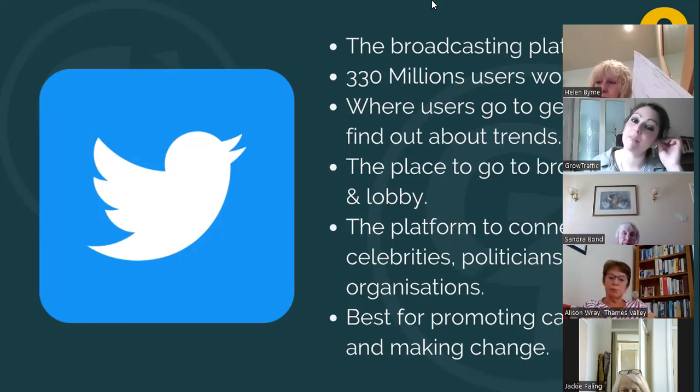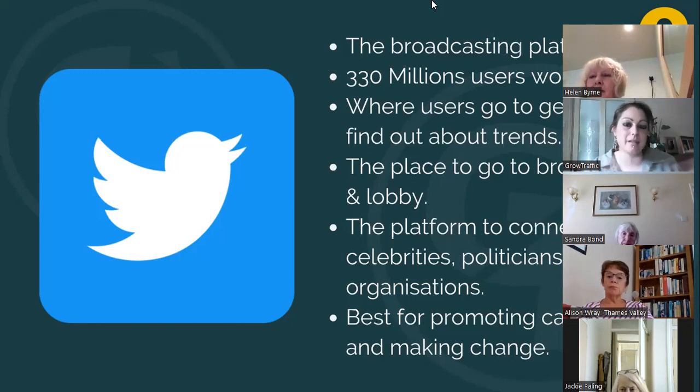So essentially it's about joining forces and joining voices and having that kind of weight of a body to talk to people, to lobby, all the rest of it. So this is where Twitter really is best. It's for promoting causes, and it's about raising awareness within organisations. A lot of charities are on Twitter, a lot of businesses, a lot of larger organisations, government, the NHS, and they all are on Twitter.